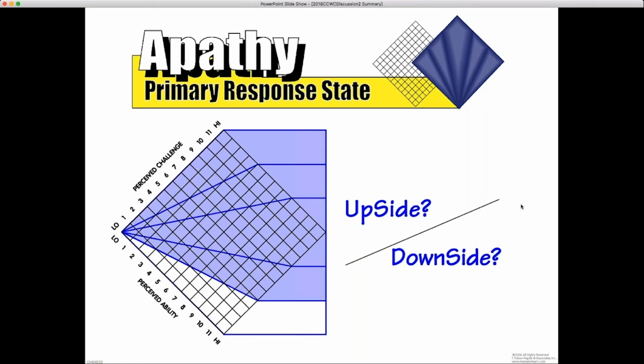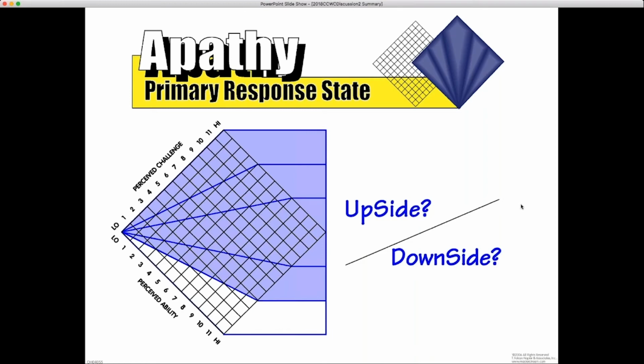And to your point, they were very good at what they did before, but the world has changed in a big way, so their challenge has gone way up. And I watched it happen right in front of me. They're moving out of apathy. At one point, I thought they were going to swing all the way to stress, but they became keenly aware that the challenge had changed. Oh, great example. Thank you.